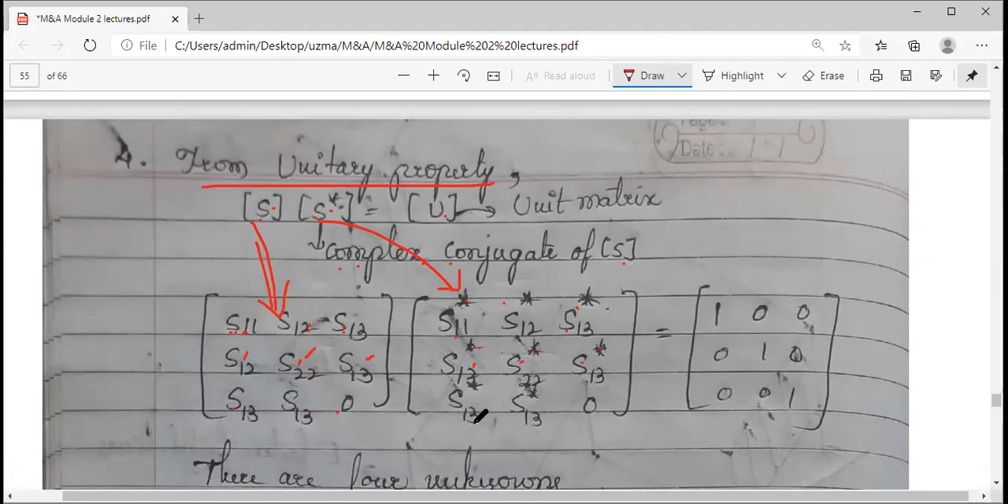Yes 1, 3, yes 1, 3, 0, but put a star mark. So what is the difference between these two matrices? This matrix is your